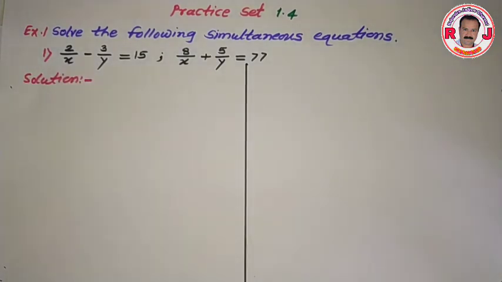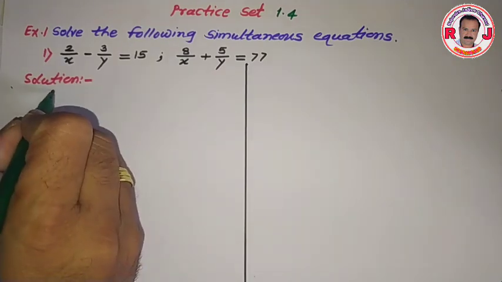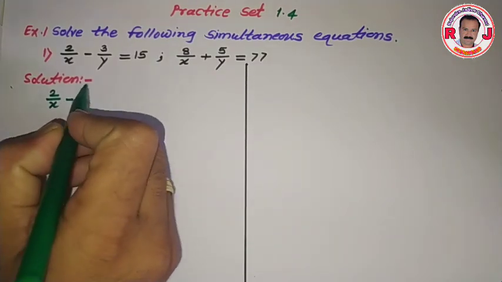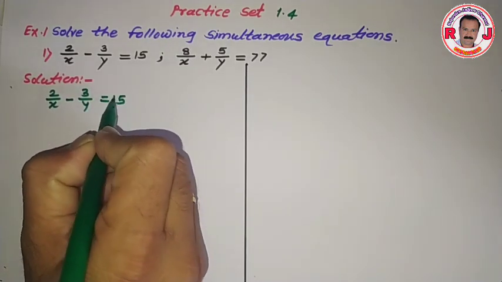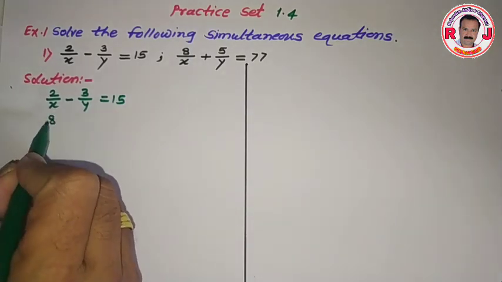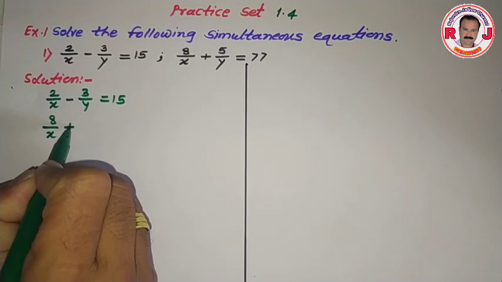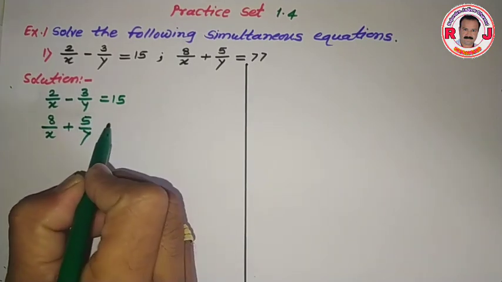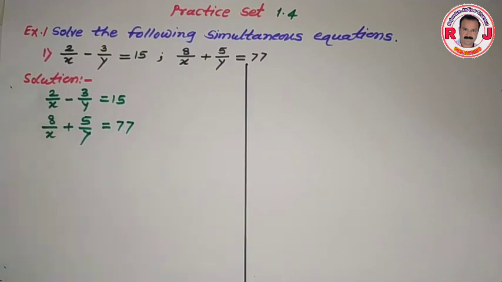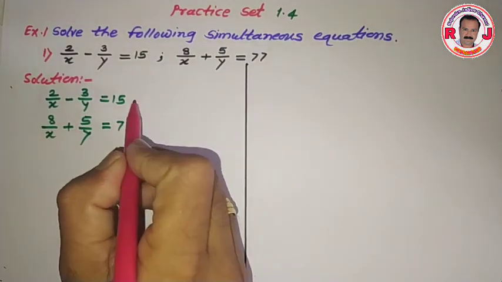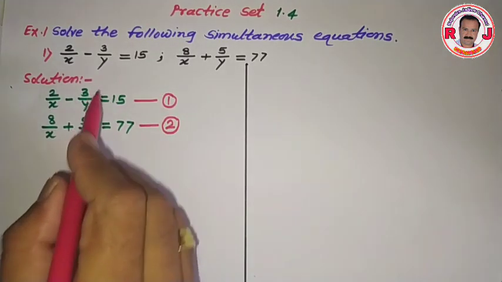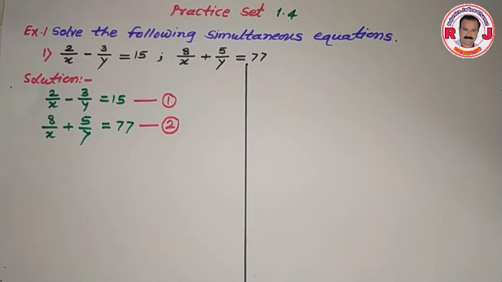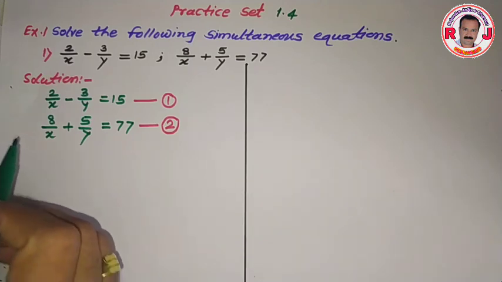First, write down this equation. 2 upon x minus 3 upon y is equal to 15, and second, 8 upon x plus 5 upon y is equal to 77. This is the first equation and this is the second equation. This equation is converted to linear equation. Here substituting